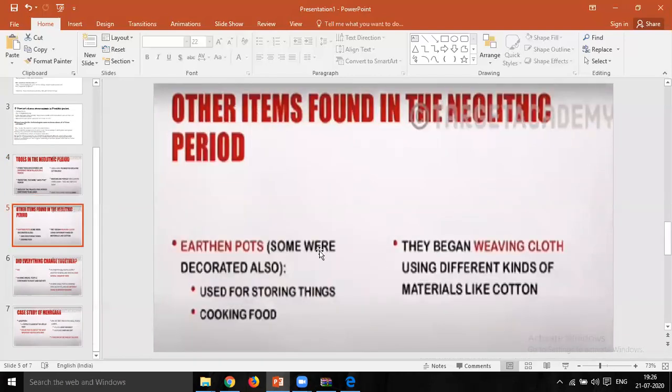So in today's lecture, we are going to discuss, as I have said, a little more about other items that were being found in the Neolithic period. So let's discuss. First point given over here is,